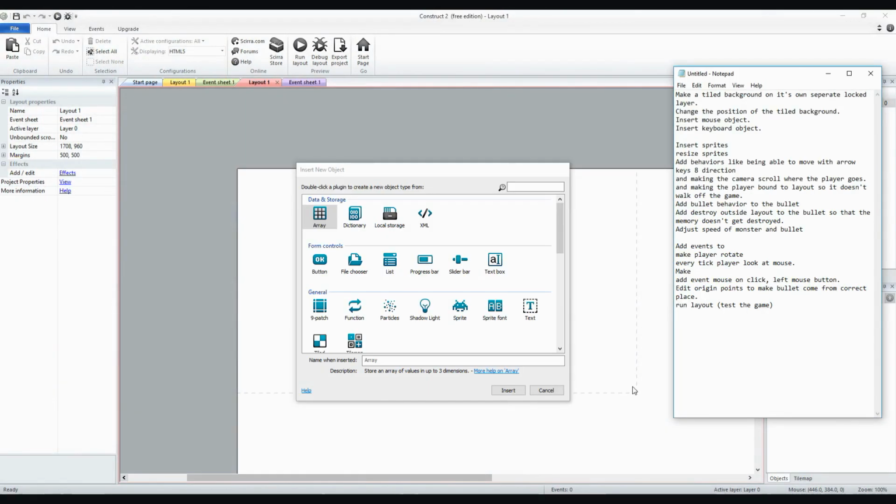Okay, so I've been working on learning Construct 2. Basically, the things that I've learned are how to make a tiled background on its own separate locked layer, change the position of a tiled background, insert a mouse object and a keyboard object, insert sprites, resize sprites, add behaviors like being able to move with arrow keys, and making the camera scroll where the player goes,